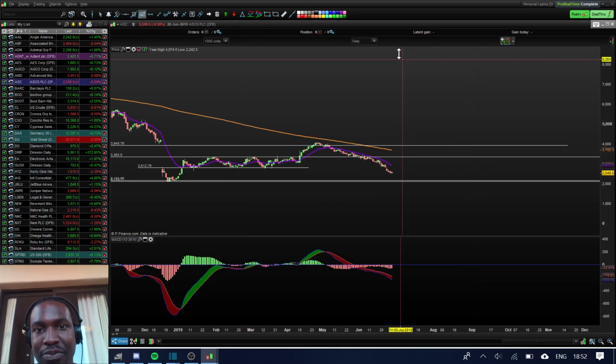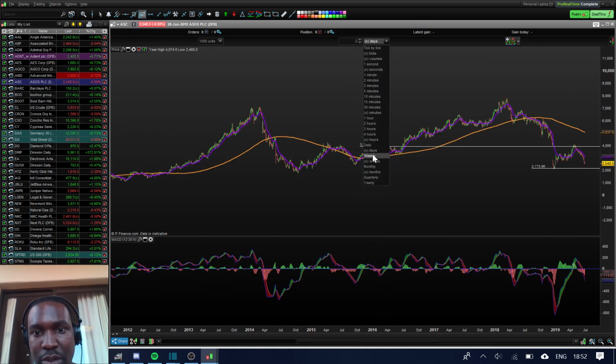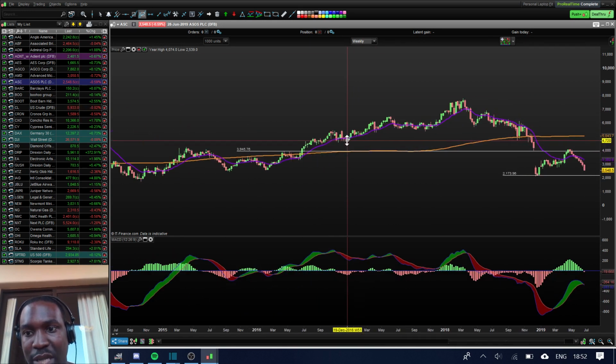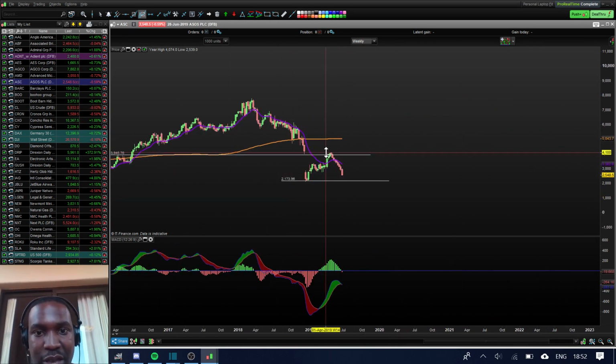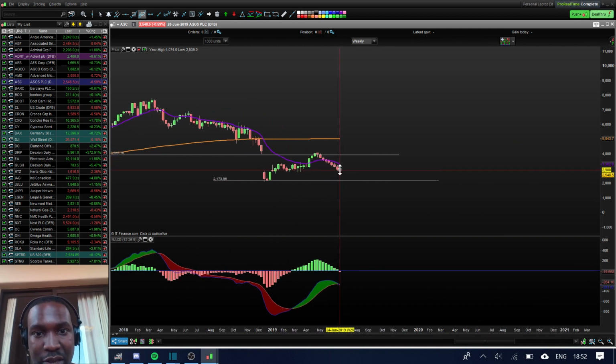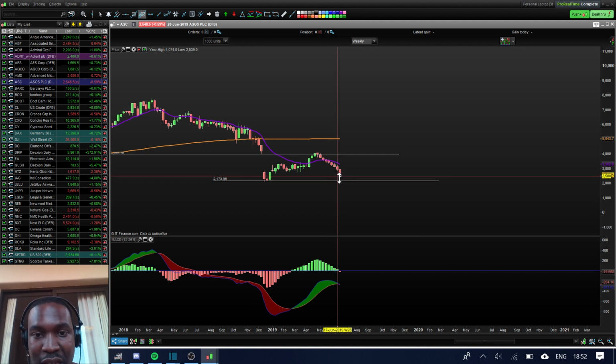ASOS is selling off. If you look at the weekly chart, it's quite telling. Wait, let me go to the weekly chart. ASOS is seriously selling off, and it doesn't seem like it's losing momentum. It looks like it's really going for it. It's been selling off for the last couple of weeks, and it's been going at an even faster pace. The MACD looks like it's just at the beginning of this sell-off, because it's just about to turn to the downside on the weekly chart,